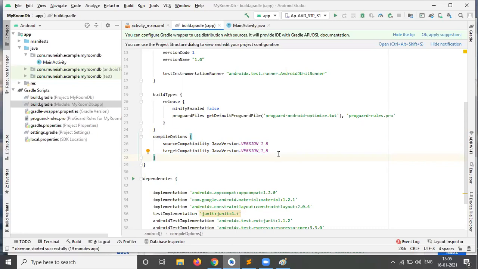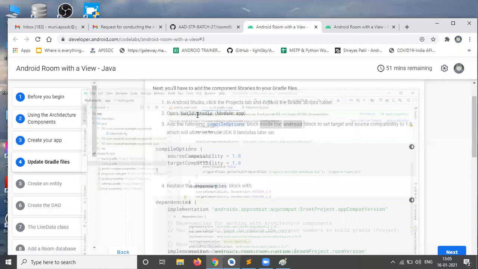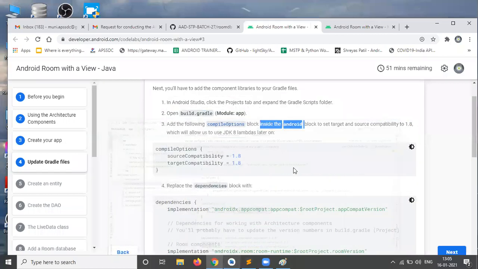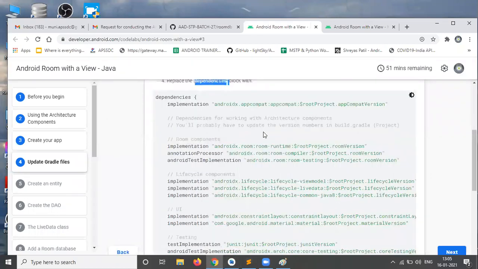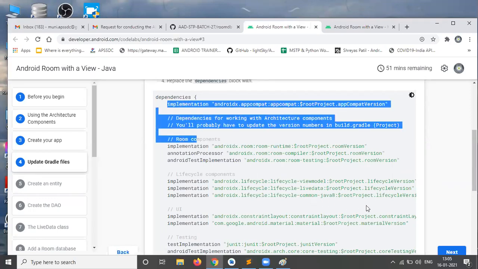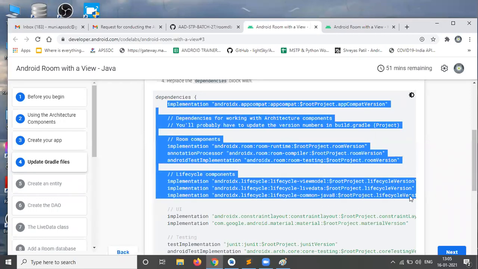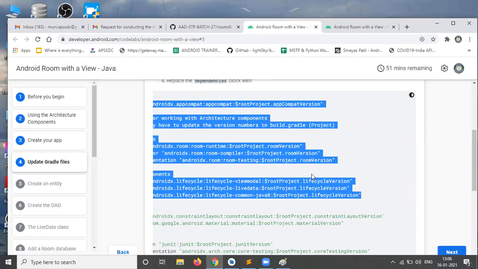And the next one is, replace the dependencies block. So these dependencies we need to add. This is for the root project, appcompat version, with components. I'm copying these things up to the Room components and lifecycle. I don't need to add the UI part. Only these things I need to add.